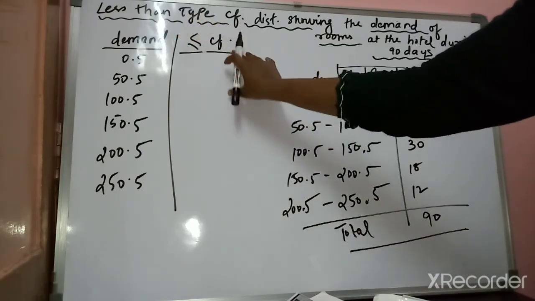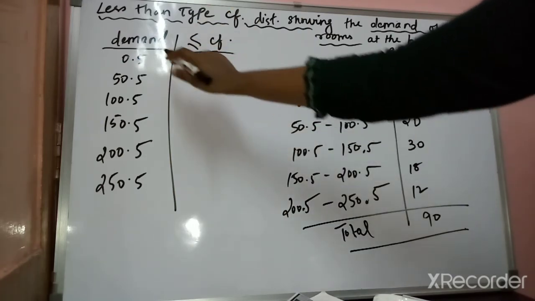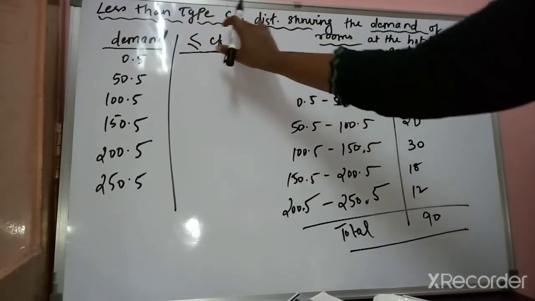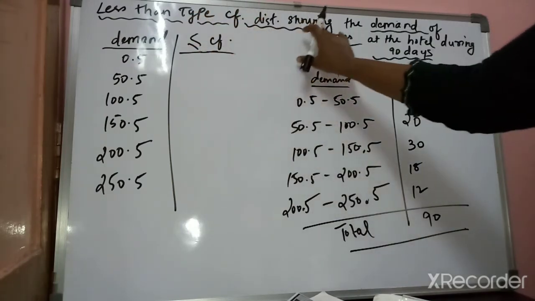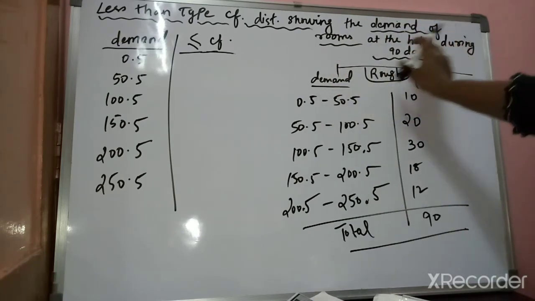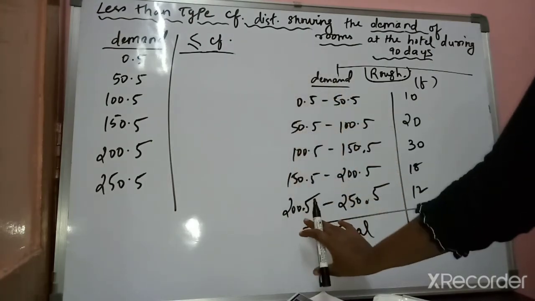Okay, less than type cumulative frequency. I don't have this quiz, that is why I am writing like this. Then give the title of this table as less than type cumulative frequency distribution showing the demand of rooms at the hotel during the 90 days. Clear? Now first of all you have to write the lower boundary point of all the classes, and in the